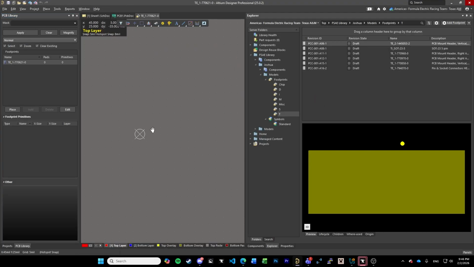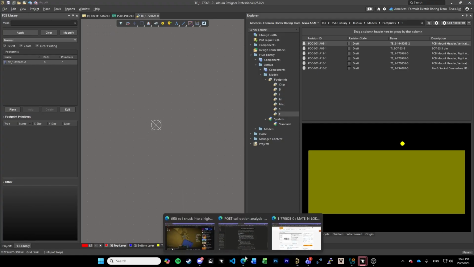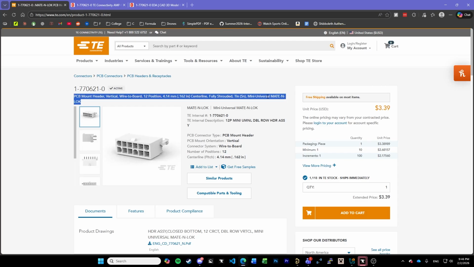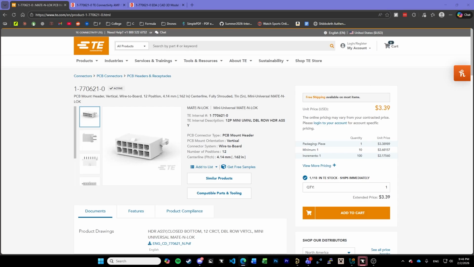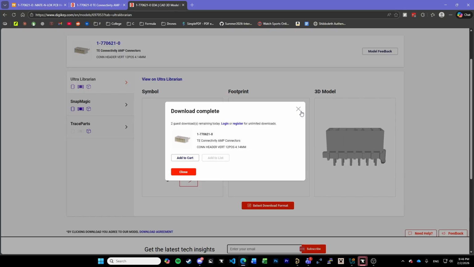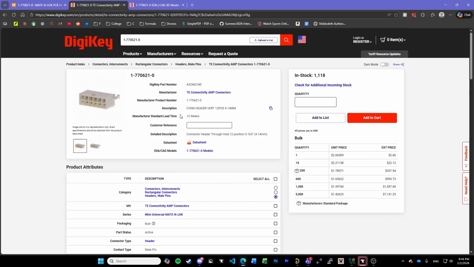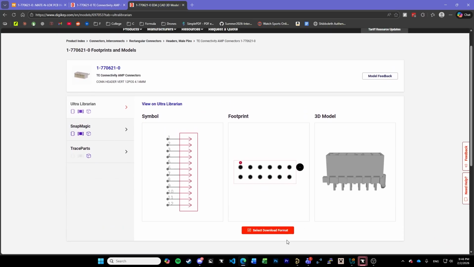So upon creation, we have this thing. I'll walk through the entire creation, but an easy way to get started is to actually download the thing first. So taking this part number, we can go here. You can see I already started with this. On DigiKey, they'll have models. Mouser will also have the models. We can go ahead and download,